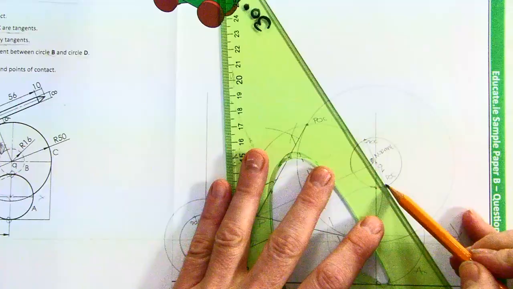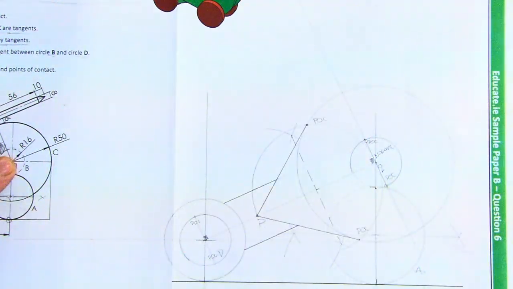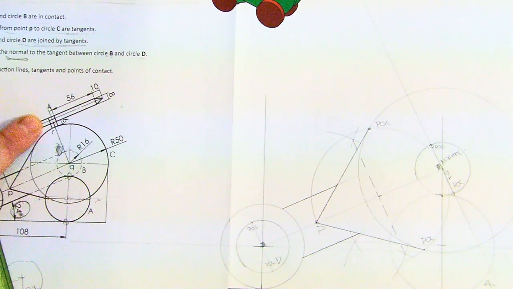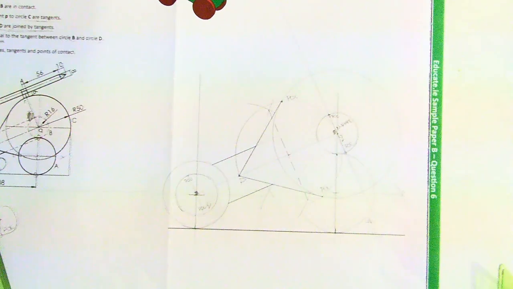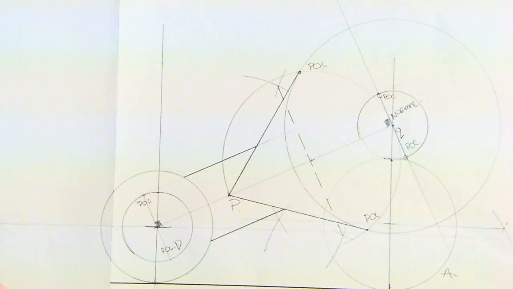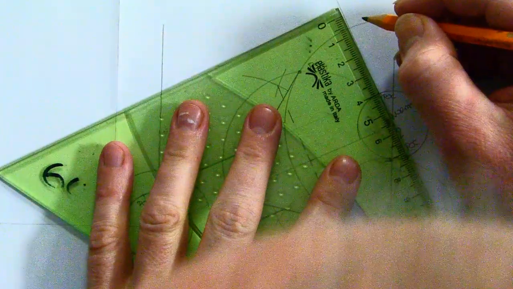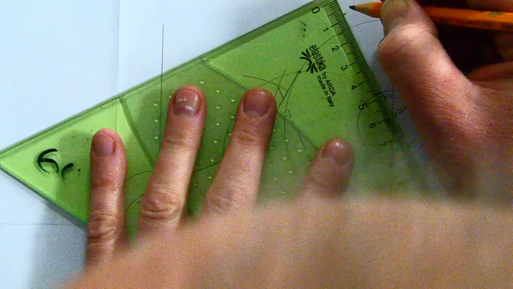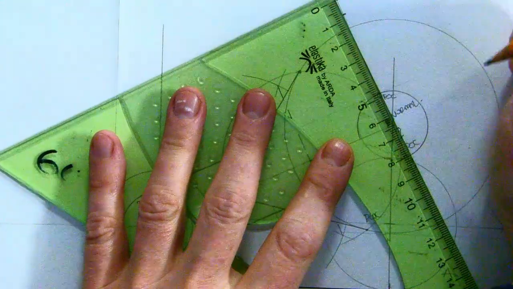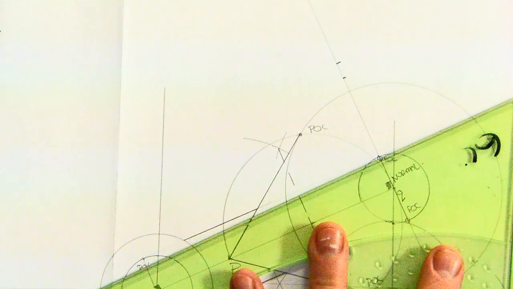You can continue this normal on out. And that's getting us this line here. Okay, we continue that on out. Then we're going to measure out 6 and 8 from that there. So 6 and then 8. And using our sliding set squares,